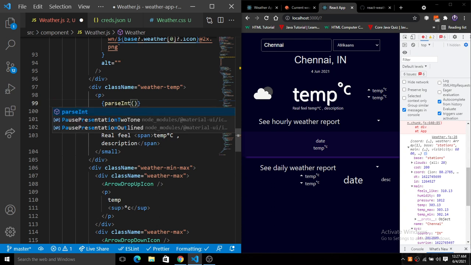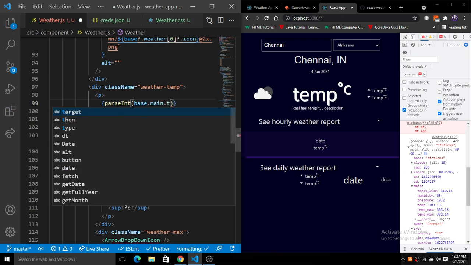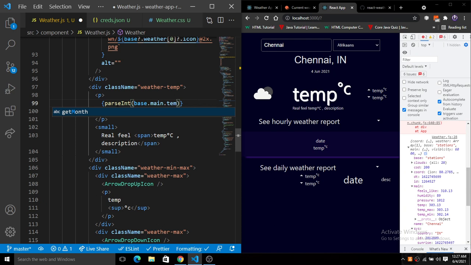Inside of this parseInt, we provide this temperature, base dot main dot temp. Then we simply subtract 273.15 from it, which converts it from Kelvin, right?